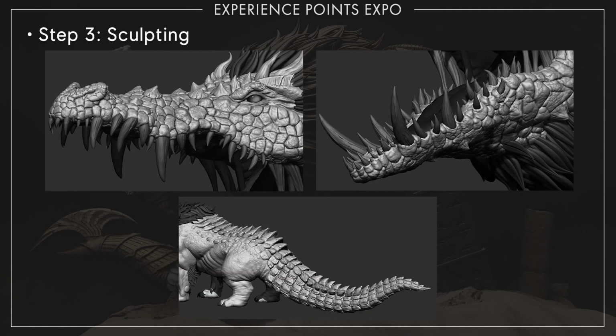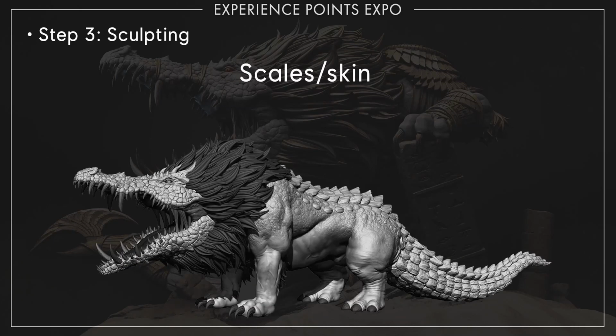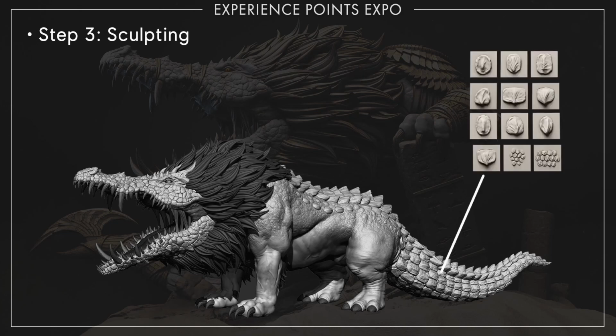These are some close-ups on the different elements. I will talk about how I made the scales and all that stuff just after that. Right now, for the scales and the smaller details on the scale, I used three different techniques. The first one was to make all the scales that are repetitive on the tail. I used a technique called Alpha 3D, and I used it a lot for everything like small details that need